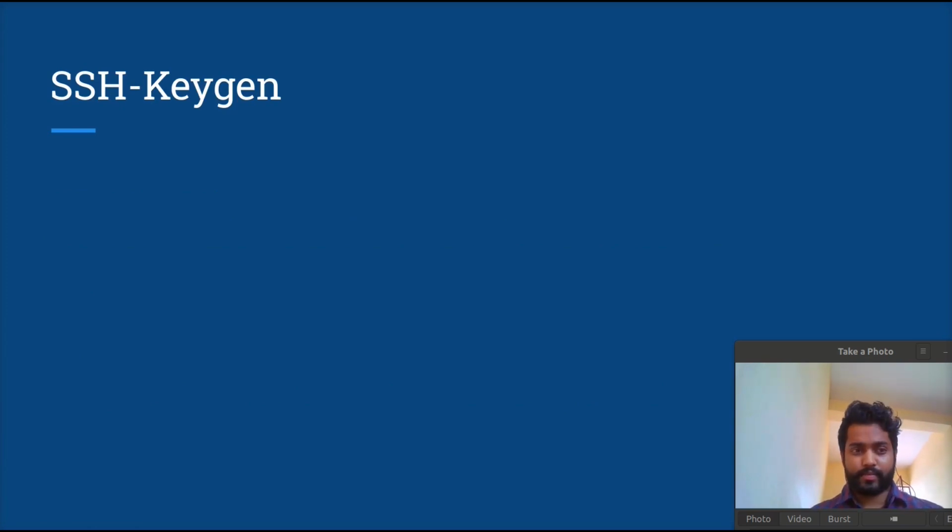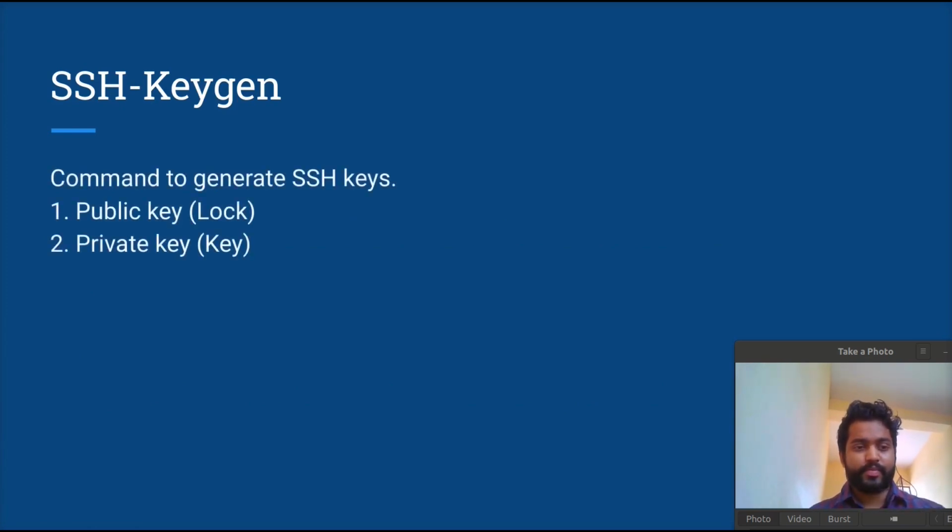And now what is ssh-keygen? ssh-keygen is basically a command, guys, which is used to generate SSH keys. One is a public key and one is a private key. So guys, if you remember in the server video when we created the EC2 instance, we got a PEM file from AWS. That is actually a private key. That private key can be used to access the EC2 instance because the associated public key to this private key has been stored into EC2.